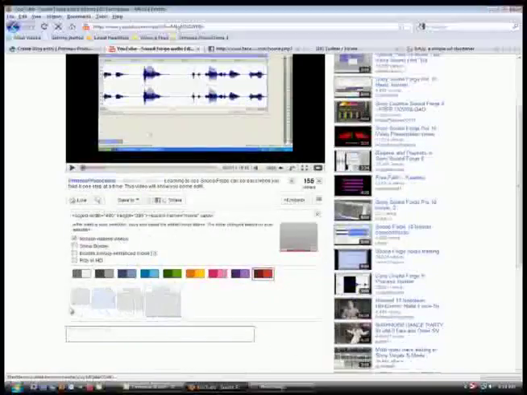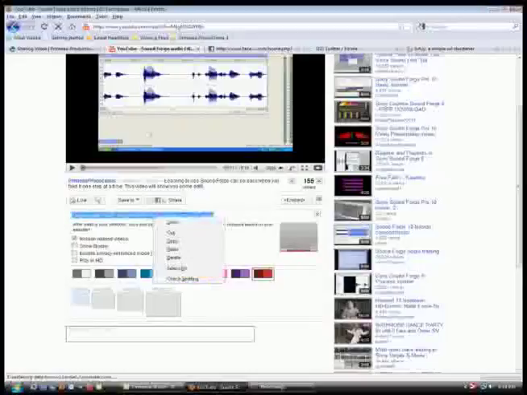You can change the size of the video, and now we have to choose the size that we want the video to show up. For our blog, we want the video to be relatively small, but still have the option to watch in full screen, which all YouTube videos have. So we've chosen this size, the smallest size YouTube has, which really isn't that small, but will fit nicely on our blog. Then, to embed the video, we go up to the embed code, which is in this line here, double-click to select it, right-click, copy,